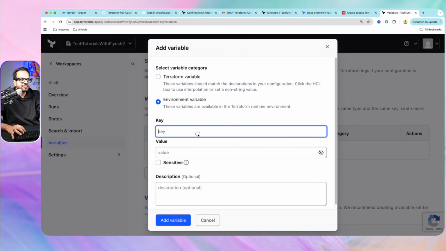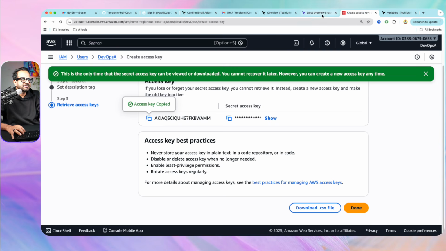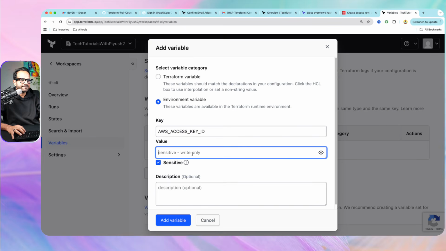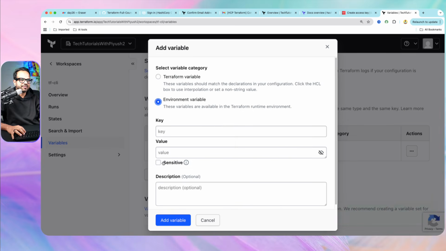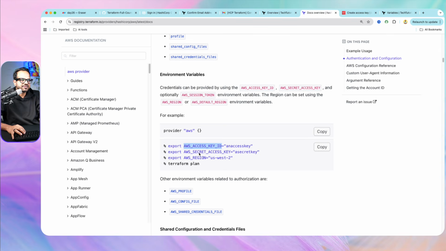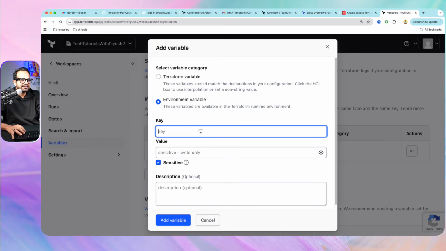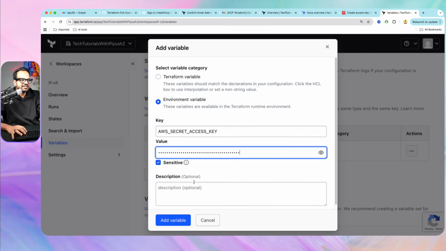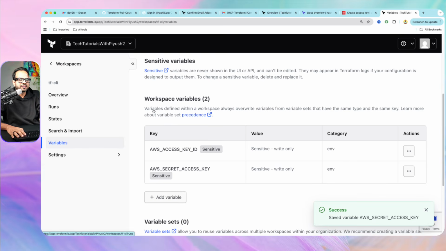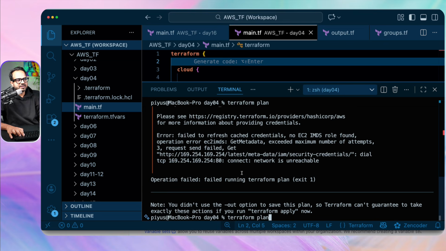Let's copy this and mark it sensitive. Okay, and the other one, also environment variable and sensitive, is AWS secret access key. And then this is the secret access key. Add variable, and let's go back over here and run terraform plan